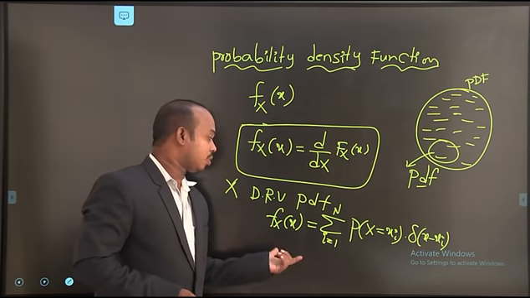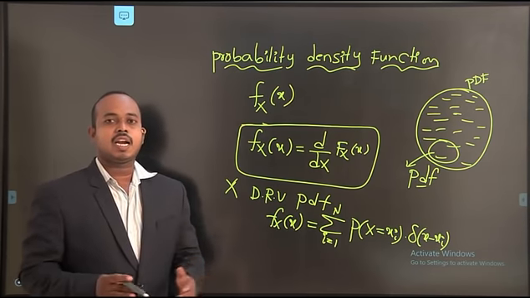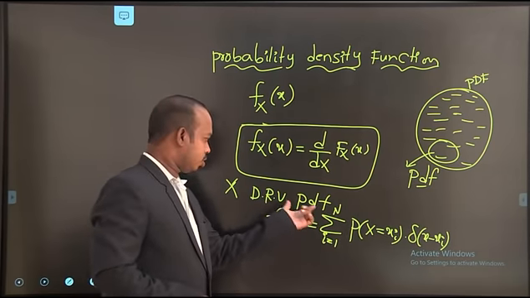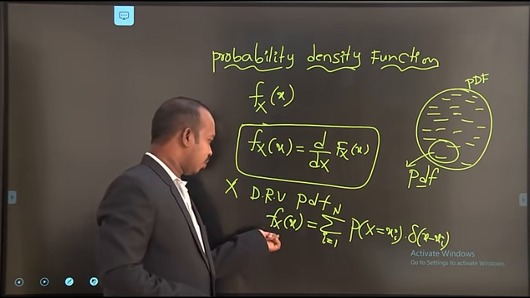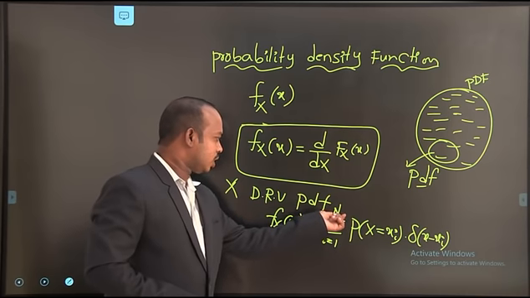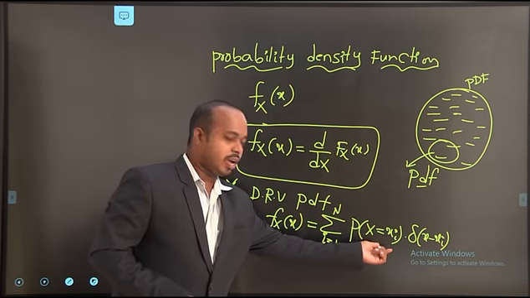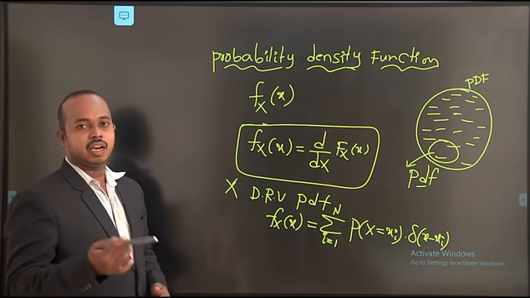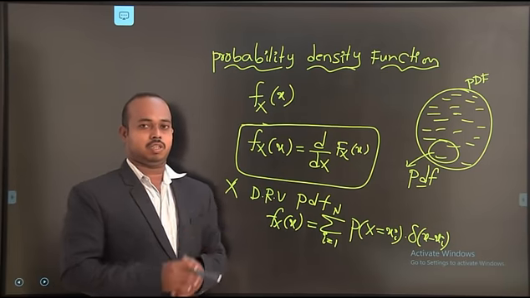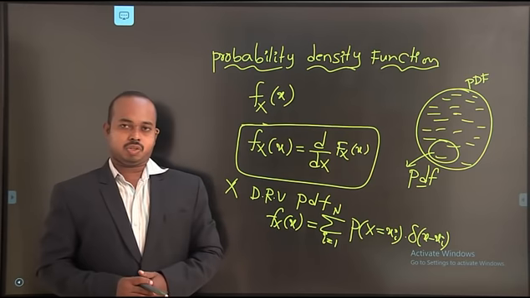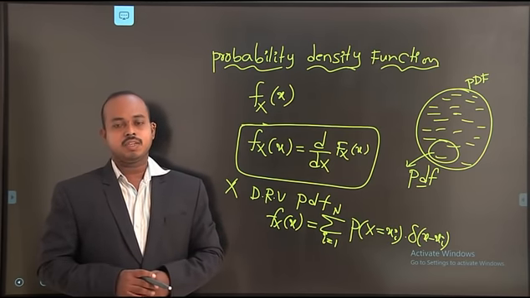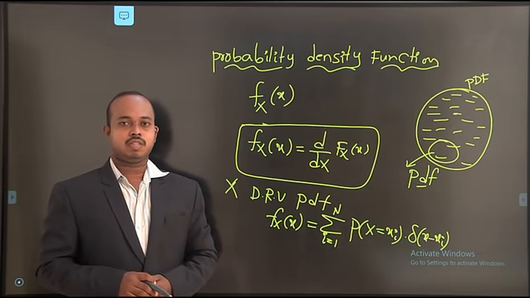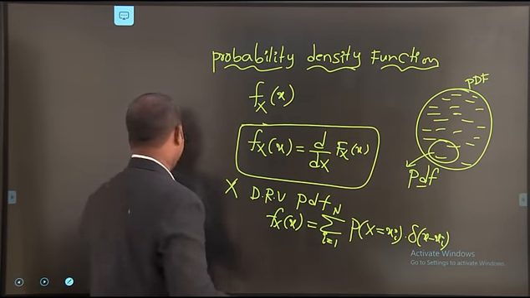This is the mathematical representation when the random variable is of a discrete nature. The probability density function is f_X(x) equals the sum from i equals 1 to n of probability of X equals x_i, into del of x minus x_i. Here del means an impulse representation. When the random variable is discrete, the graphical representation for a density function is an impulse.